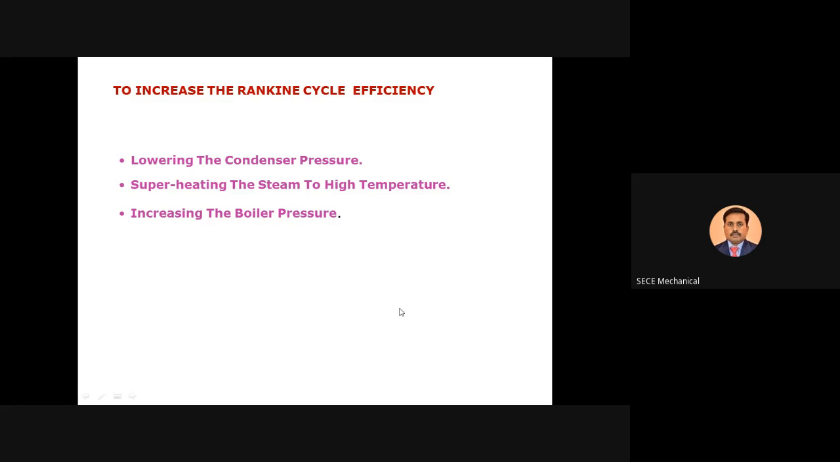Okay, by this way we can improve the Rankine cycle efficiency. That means if you want to improve steam turbine efficiency, we have to use these three techniques. I already told, if we want to increase the Brayton cycle efficiency, we have to use three things. What are they? One is intercooling, second is reheating, and third is regeneration. So with the help of these three things, we can improve the